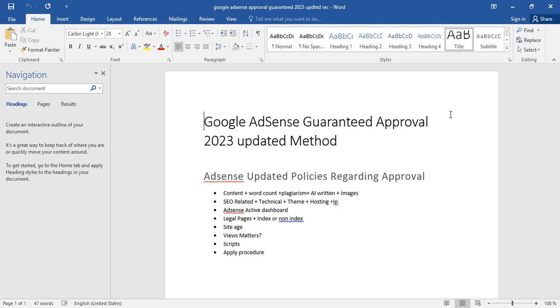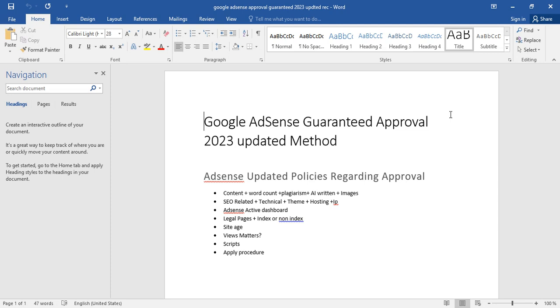But still, if you publish that content on your website, you won't get Google AdSense approval, because that article is written by ChatGPT in a very traditional way, and Google can understand the algorithm, the writing way, the talking way of ChatGPT.